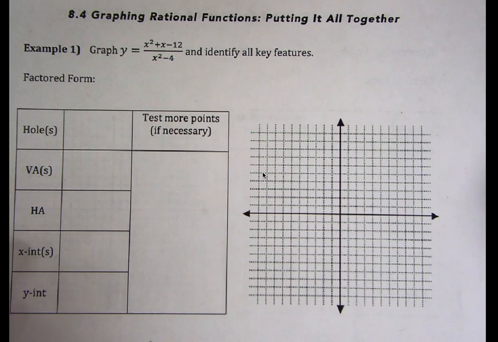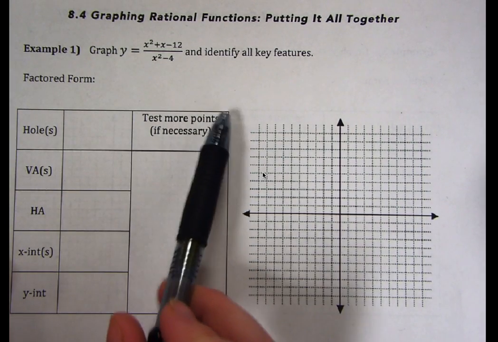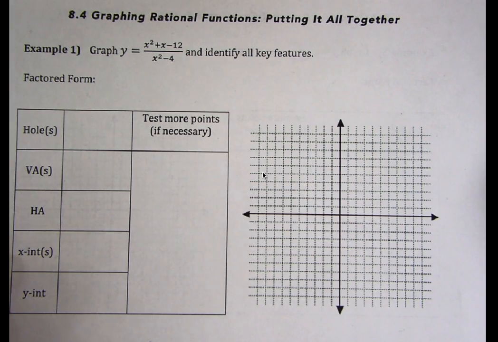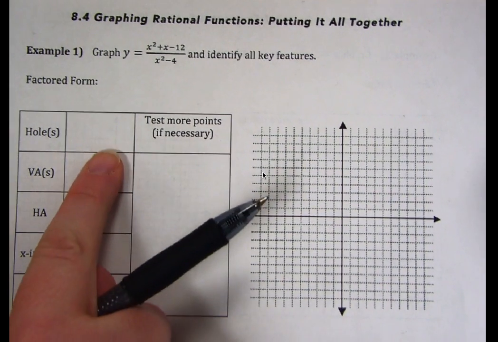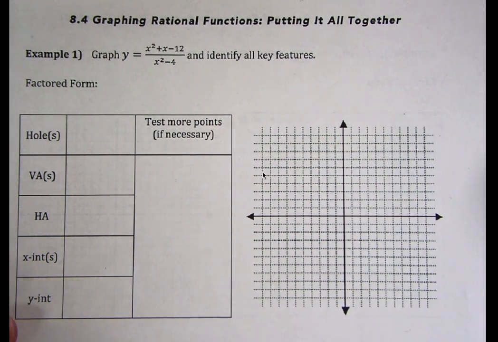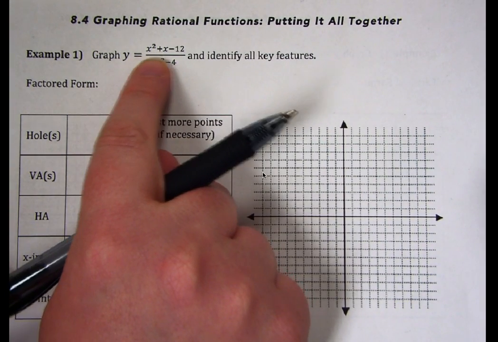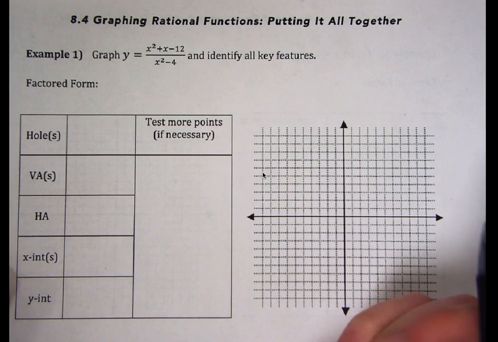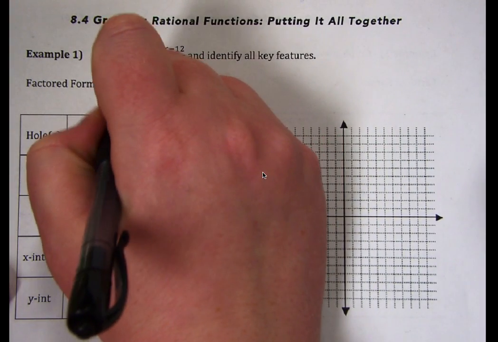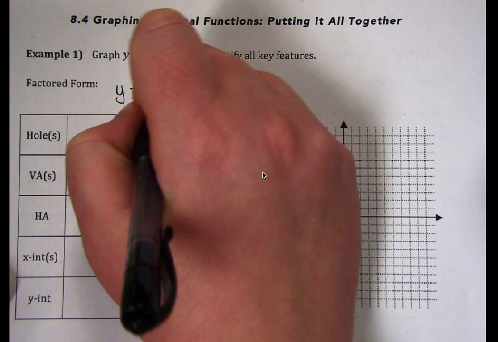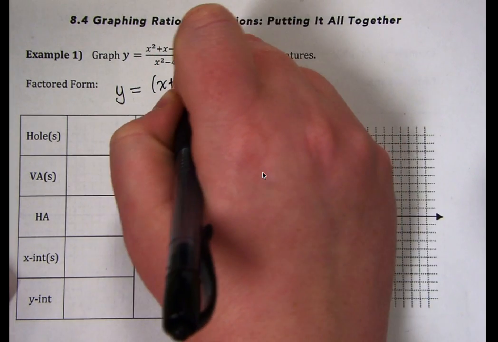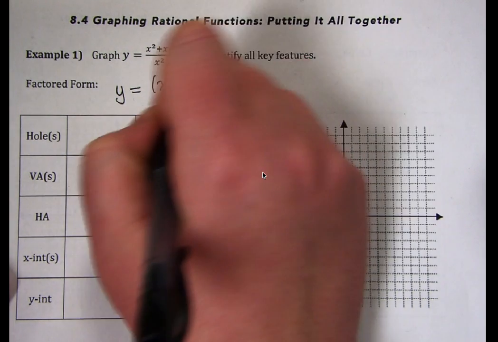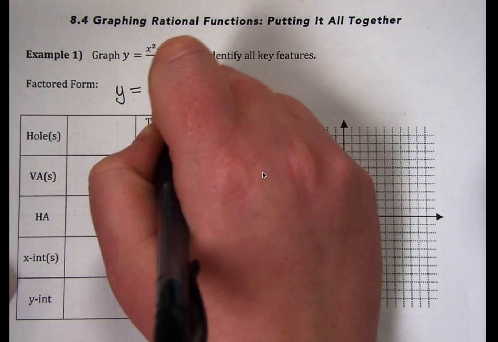Right, so here becomes our first example for graphing a rational function. And the idea is that we want to use all of these key features that we've been talking about over the last few days to be able to plot this graph. So with y equals x squared plus x minus 12 over x squared minus 4, we will begin by using the factored form. And that's because the factors really help us to locate what these key features are and what